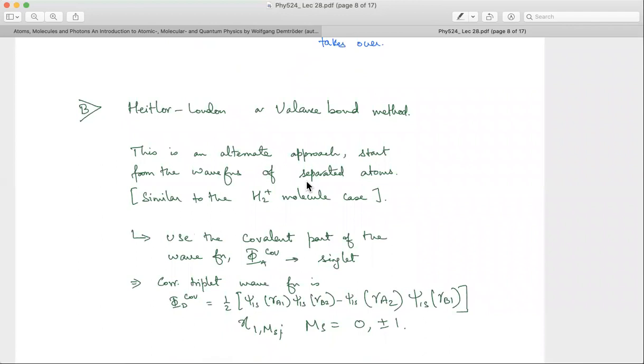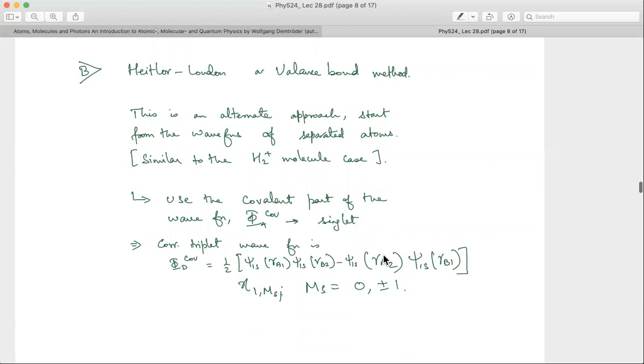So if I take the H2 molecule and I dissociate it completely by taking it apart, then I'll be left with a hydrogen atom, one s state, etc. Right? And then the idea is, let's use these disconnected states to build the molecular wave function. Okay. So use this covalent part of the wave function. Phi covalent, for example, A, you want to construct a singlet, right?